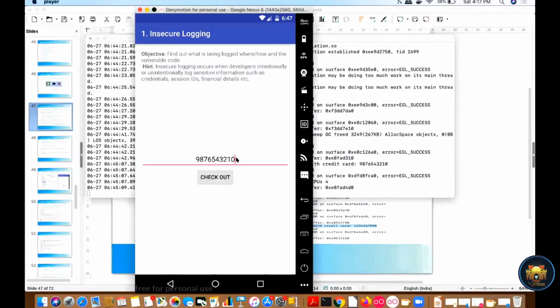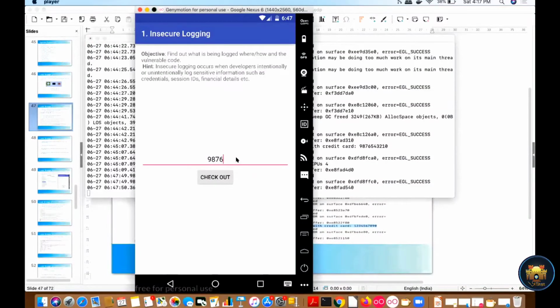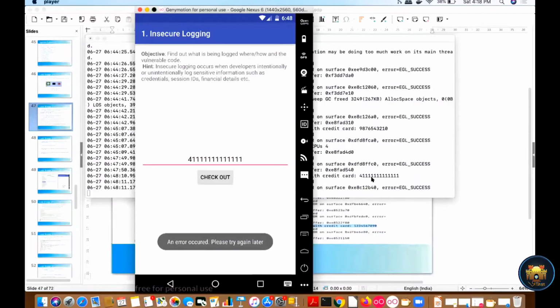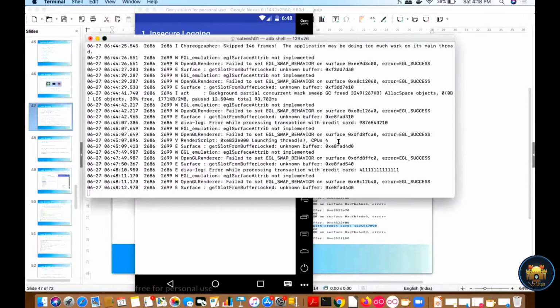So if I execute any command or any event here in the application, these logs will be stored into the central storage. So I'm typing the credit card number here and checking if the logs have stored the credit card information or not.